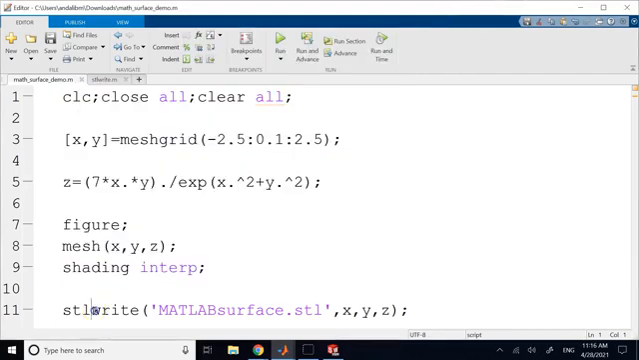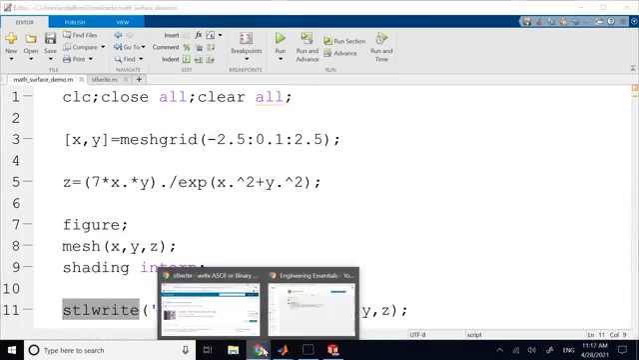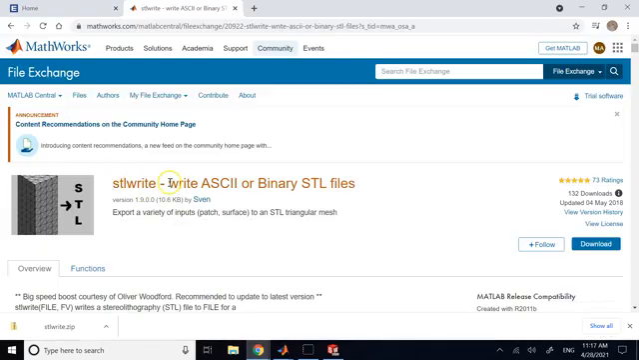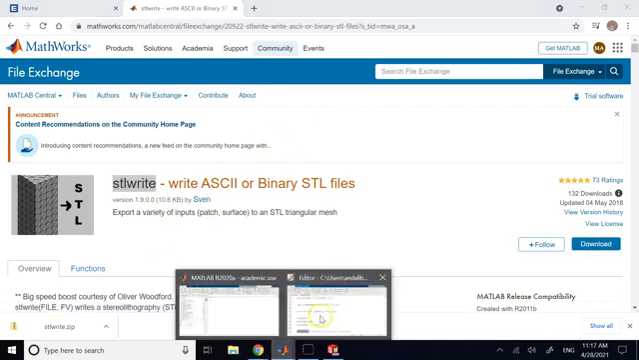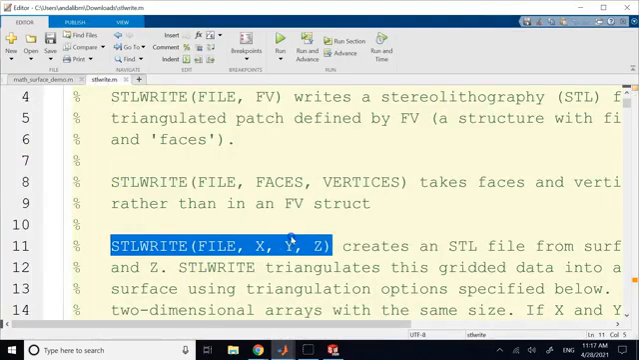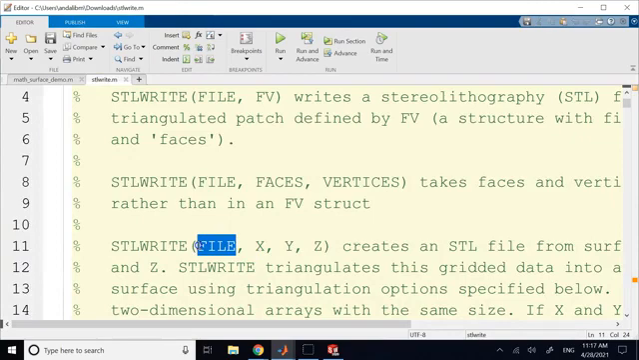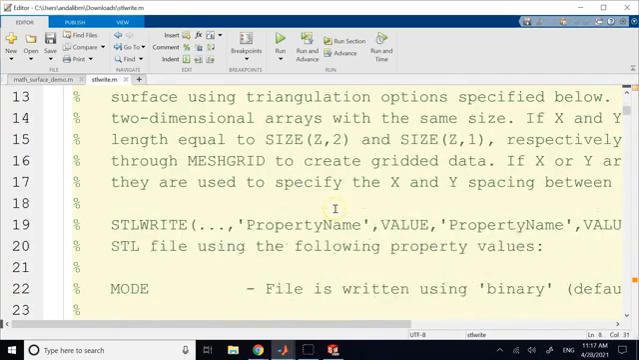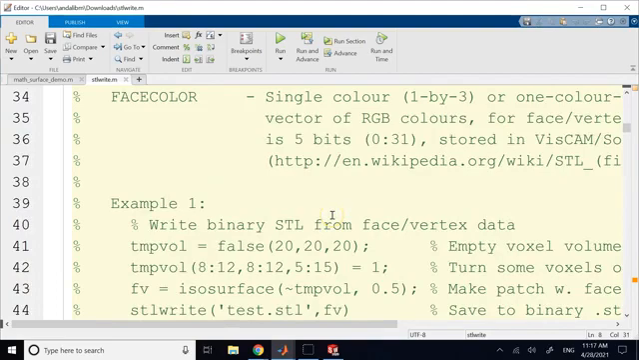But I found this amazing file on MathWorks File Exchange website called STLWrite. All you need is to go on MathWorks File Exchange and just look for STLWrite. If you have an account with MathWorks, then you can easily download this file, and it will allow you to provide the name of an STL file, a mesh file, and then you give it your X, Y, and Z points, or if you have faces and vertices, and it will write those X, Y, Z